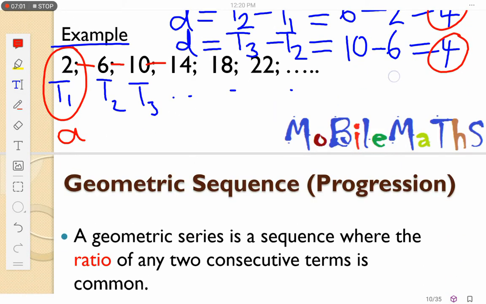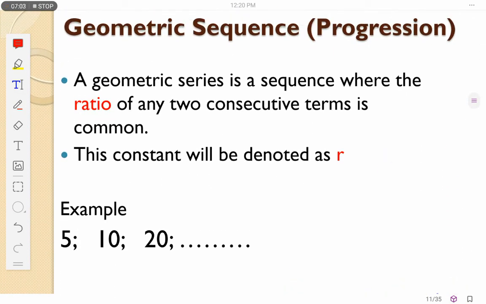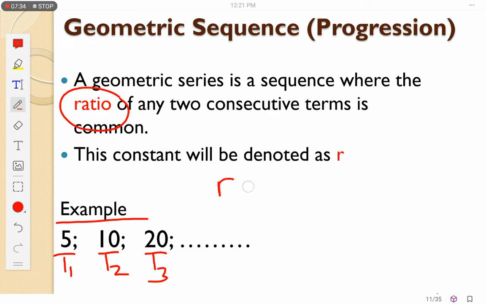Let's move on. We have got geometric sequence. When we talk of geometric, we talk of common ratio. For our common ratio, this has to be constant from one ratio to the next ratio. I've got an example here. We say this is the first term T1, second term T2, third term T3. We find our common ratio using the formula